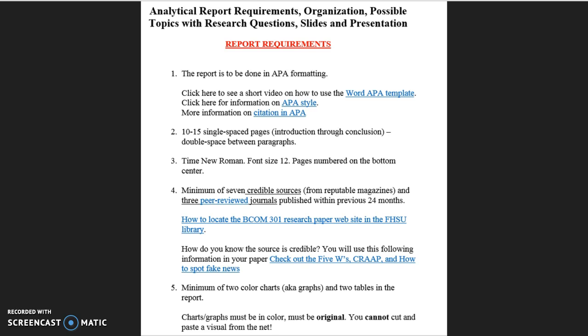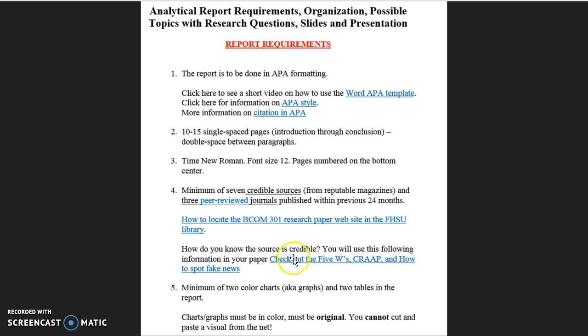The document is on the left-hand menu. And basically it first lists the requirements. I'll only point out a couple. APA is professionalism. Okay? Credible sources is professionalism. Peer-reviewed journals is only something an academic will know. That's how we get published and how we get tenured and how we get promoted in the States.